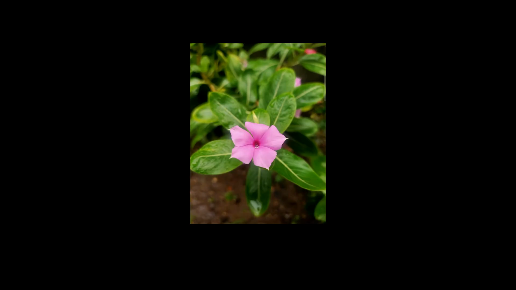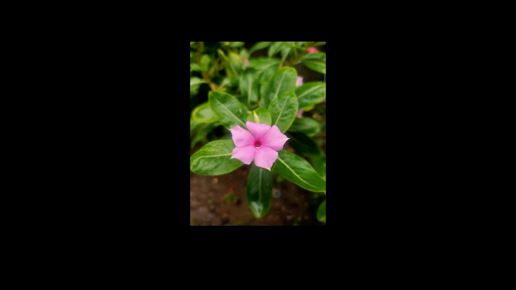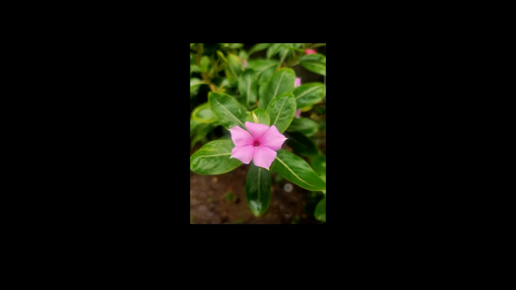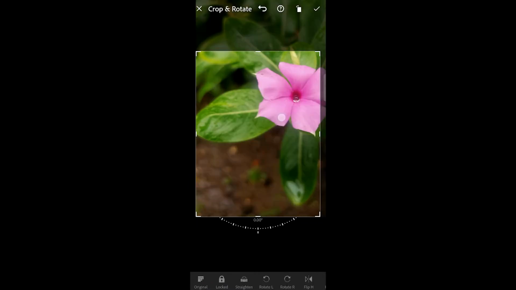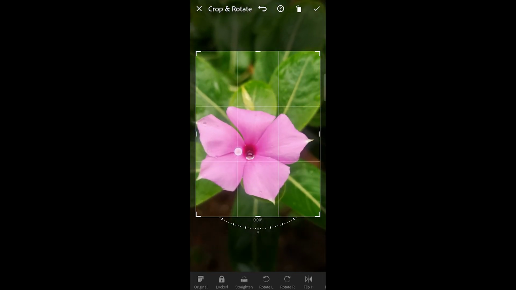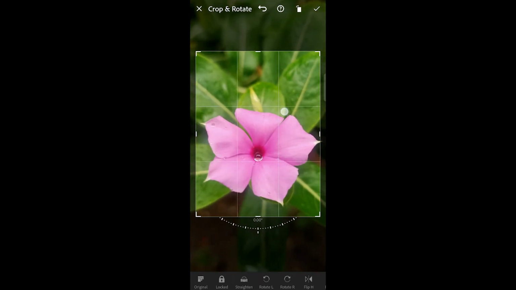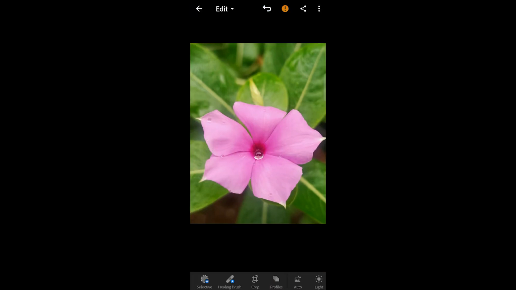This is the photo which I just clicked. You can see a bubble in the middle and there are no effects applied while clicking it. So let's start with it. First we'll use the crop tool and we'll get our composition. I think it will look good this way. Just crop it this way. Then let's start with the editing process.